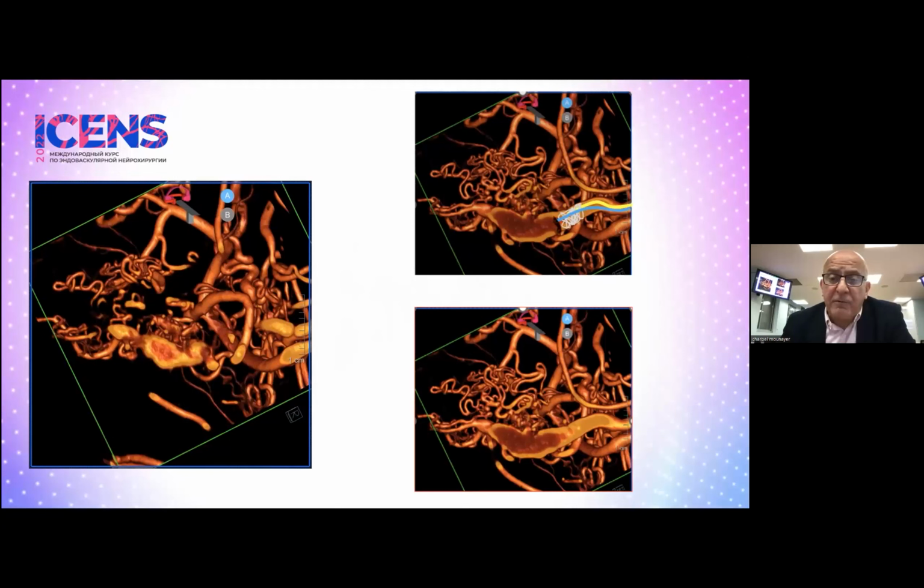Why? Because if you want to inject, everything should be distal to you. This is what we call the porcelain vein. So everything should be distal, including those primary veins. So in the second scenario, by putting your microcatheter too deep inside the collector, so you put